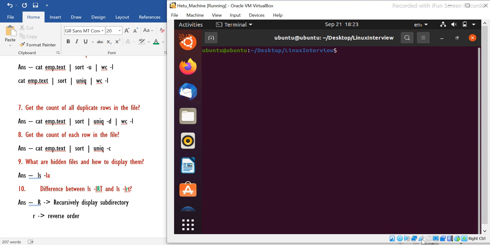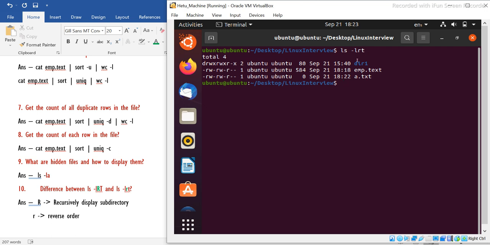Correct? Okay, guys. So hope you are able to understand it. And now ls -lRt. Again, l is long listing, t is based on time, and then capital R means it recursively displays the content inside the directory also, if there is any. Let's say here we have one directory, dir1, right? And this directory can also contain some data, but in this case we are not able to see what is inside the directory. But when I say ls -lRt,